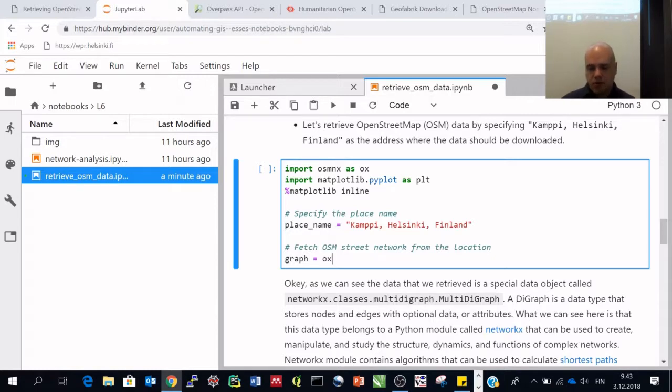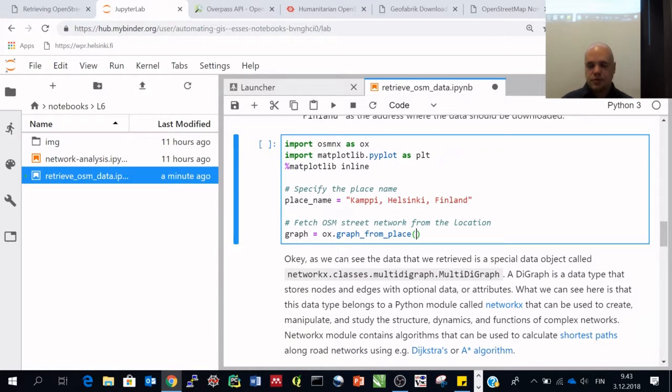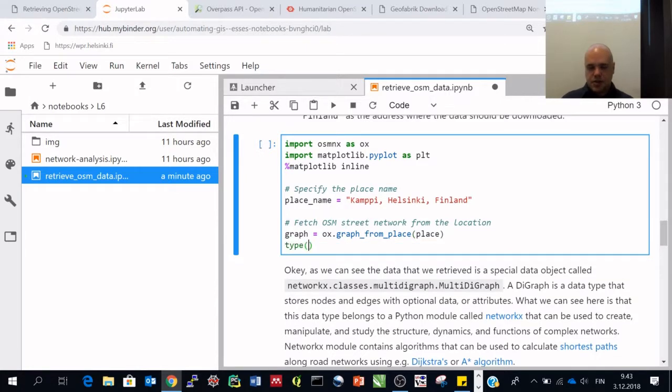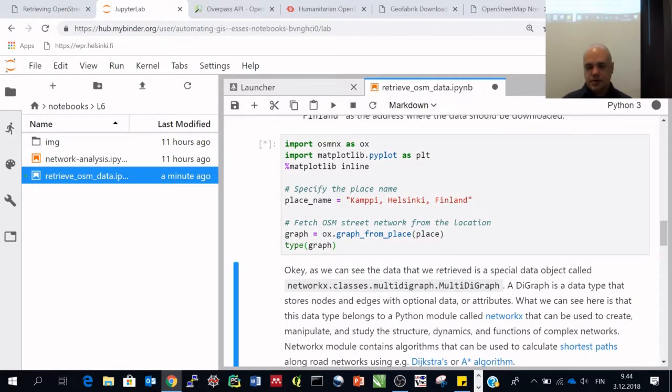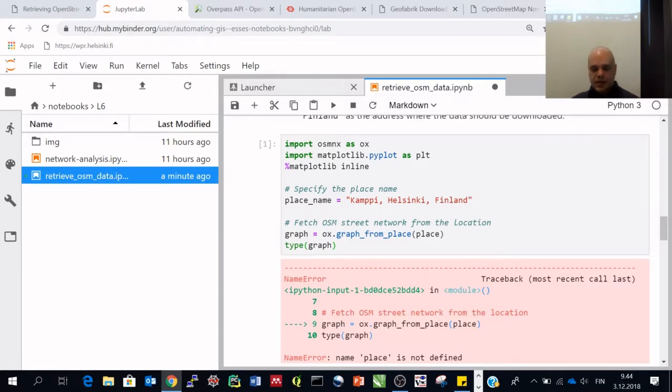From this OX package, we have a function called graph_from_place, and this is a function that we can use to assign the place name as a parameter. And let's check, when we have fetched that, what the type of it is. So now when we execute the thing,